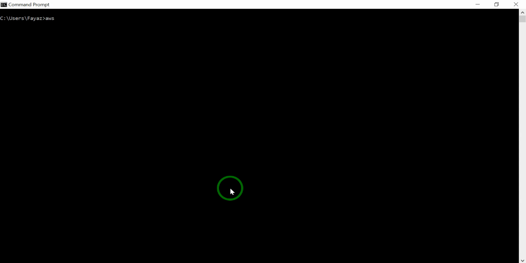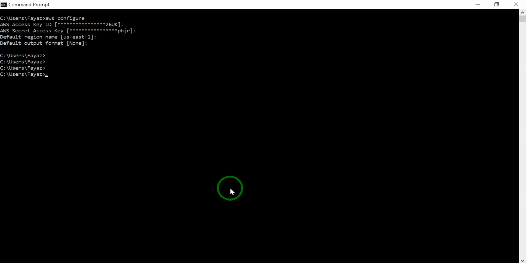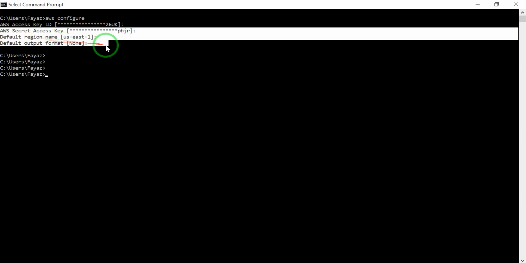You can just type aws configure. It will ask here for the access ID, you just put it here, and then the secret, then your region name, us-east-1, I have already done it. And if all the output is none, this will be great. It means now your Windows machine is connected to your AWS account with the help of this access ID and secret ID.